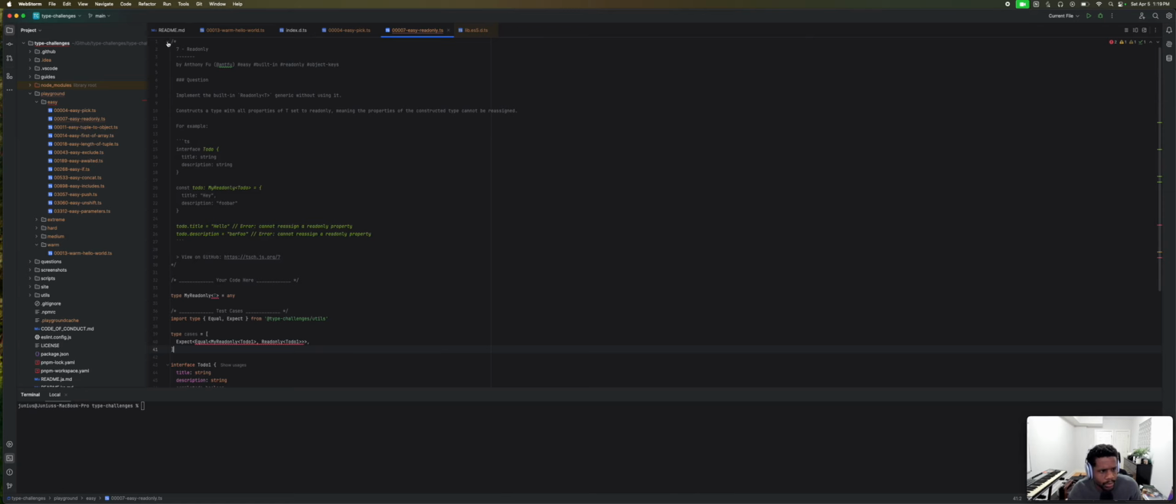It's already built in. I did not know they had a description in these repos. I'll just read through it because they could probably explain it better than I can. So, read only. Anthony Fu, easy, built-in. Okay. Implement the built-in read only type generic without using it. Construct a type with all properties of T set to read only, meaning the properties of the constructed type cannot be reassigned. For example, if you have an interface to do,